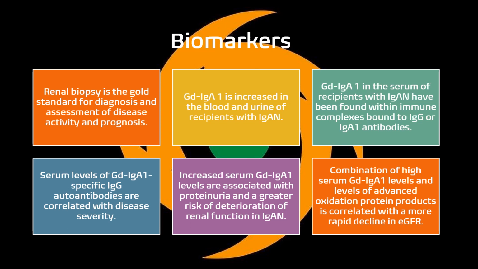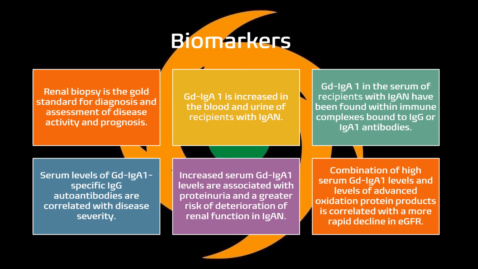And Gd-IgA1 as a biomarker increases in blood and urine in recipients with IgA nephropathy, and the same biomarker in the serum of recipients has been identified within the immune complexes bound to IgG and or IgA1 antibodies,